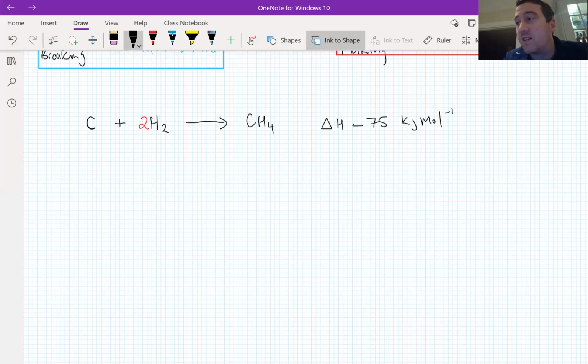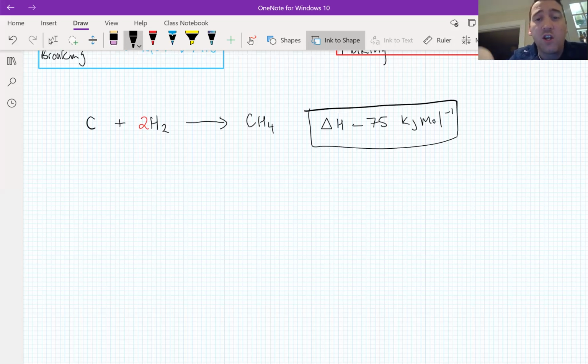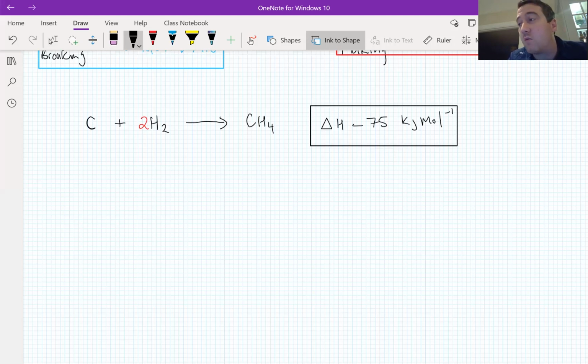Now this is a chemical reaction, and it gives us our first definition here. This is just a general reaction. I haven't said what type of reaction it is. So if I want to know the overall change in temperature for the whole reaction, that's what we're talking about here. So we're talking about the energy change when a reaction occurs